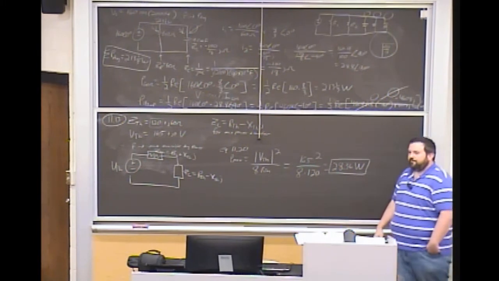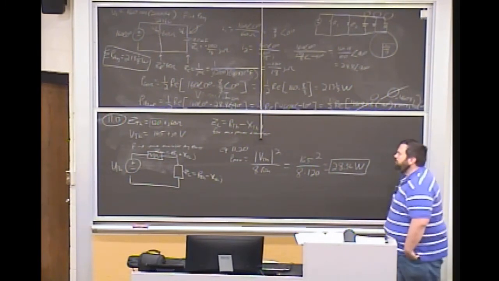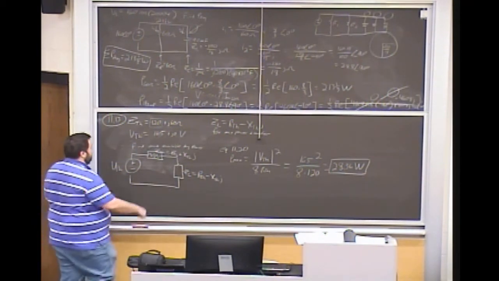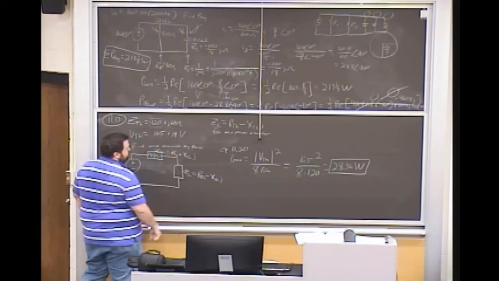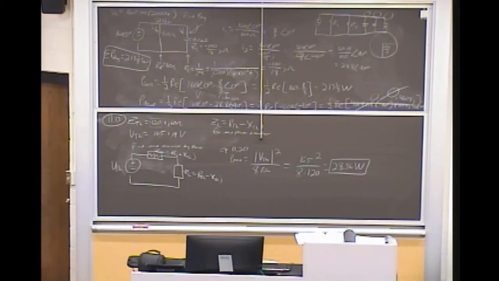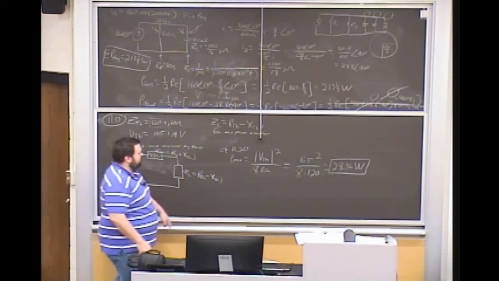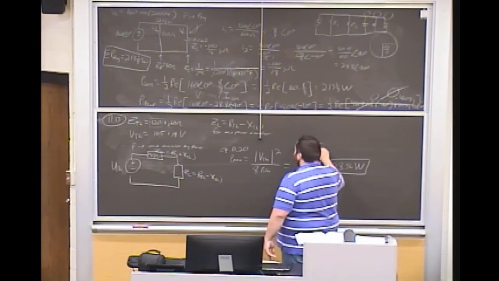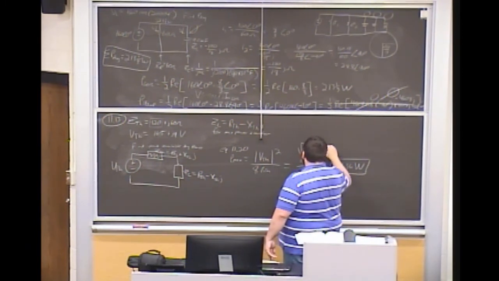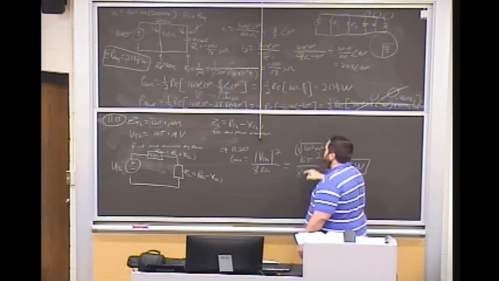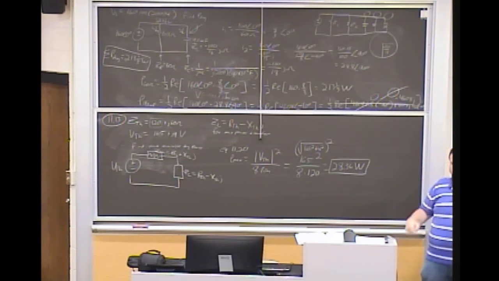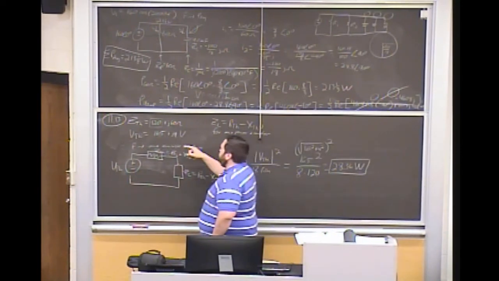Could you give us an example where it's not 0? Okay. So if VTH was 165 plus j4, then instead of 165, I would use the square root of 165 squared plus 4 squared, quantity squared. That would be my magnitude of VTH. And for the power, RTH is just the real part, right? Yep, because this RTH is the real part,